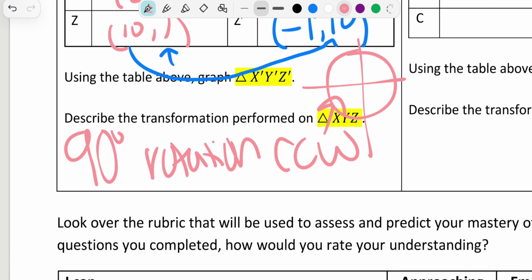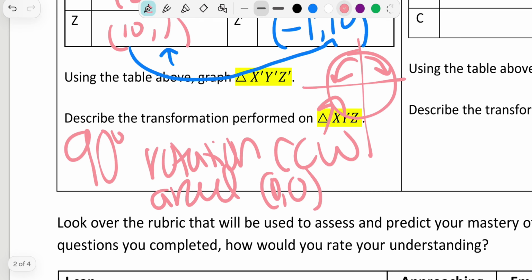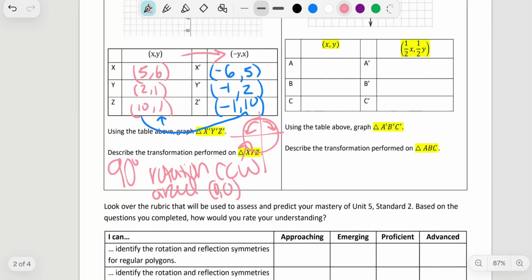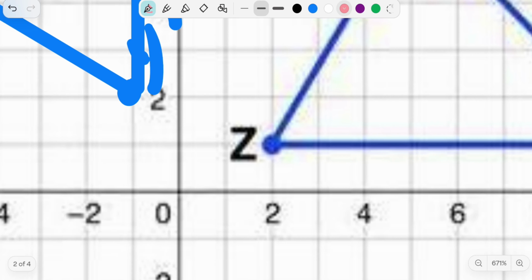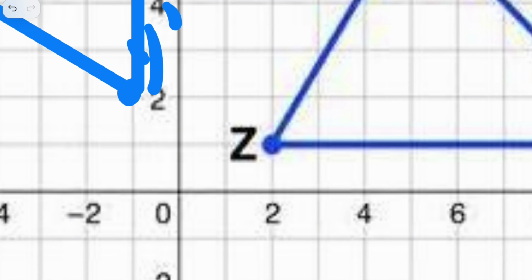Are we going clockwise or counterclockwise? That's super important. This is also super crucial. Around 0, 0, wait, okay, yes, it was around the origin. Now, the reason I emphasize this is because if we look right here, you see how we are diagonal